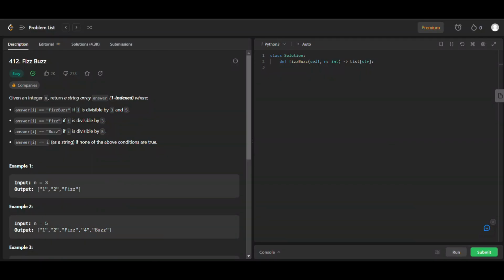Today we're going to be starting a new playlist in which we're going to be doing different LeetCode problems. So today we're going to be starting with an easy problem, which is the Fizz buzz problem. So the first step we're going to do is we're going to read and understand the problem before we get